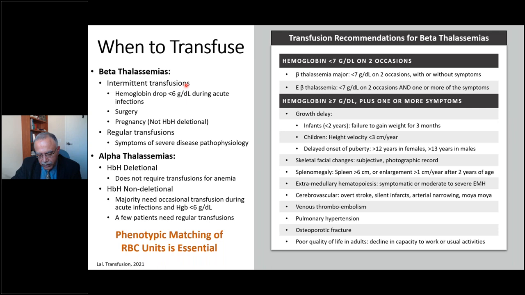There has been an attempt to develop consensus guidelines on when to transfuse patients with beta thalassemia, and this was published recently in the journal Transfusion. When you look at alpha thalassemias, though, from our own experience and that from other sites, we feel that for deletional hemoglobin H patients, we should have strategies that will avoid the need for transfusions, whereas the non-deletional patients do require intermittent transfusions. And all of these patients who may need transfusions should have the availability of phenotypically matched red cell units.